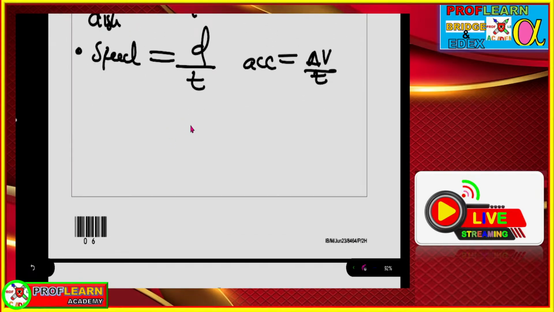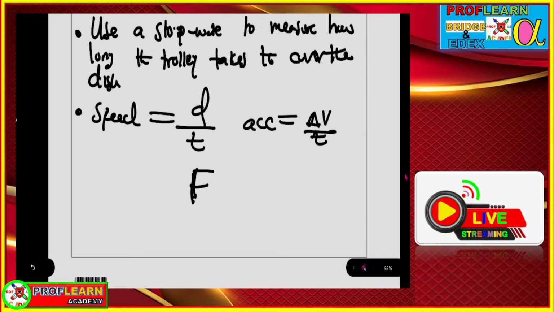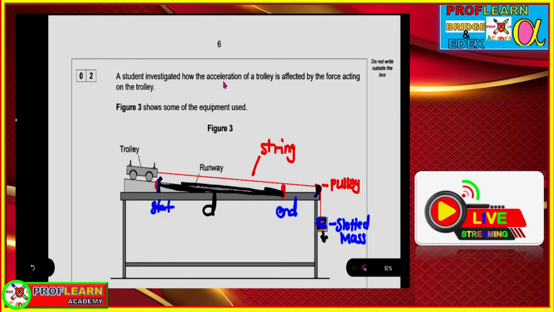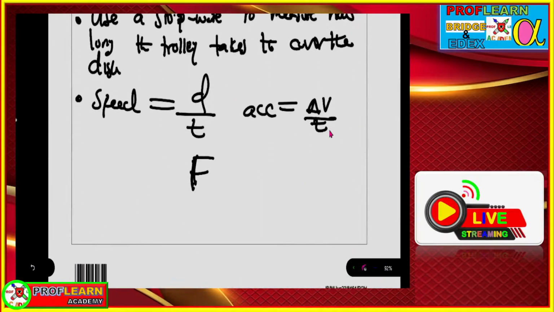So you need to remember that force is equal to mass times acceleration, and the acceleration is affected by the force acting on it. So we are going to now work out acceleration. Acceleration is change in v over t. So once you have worked out the speed, you can work out acceleration, and then we end up having